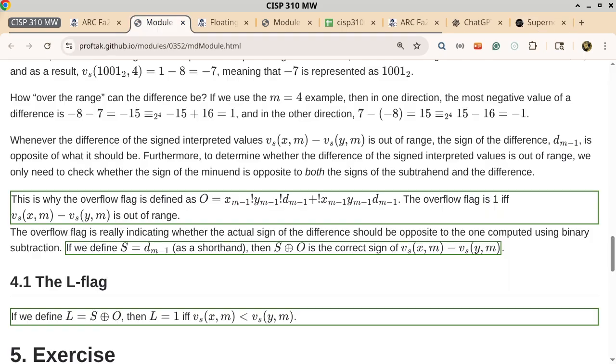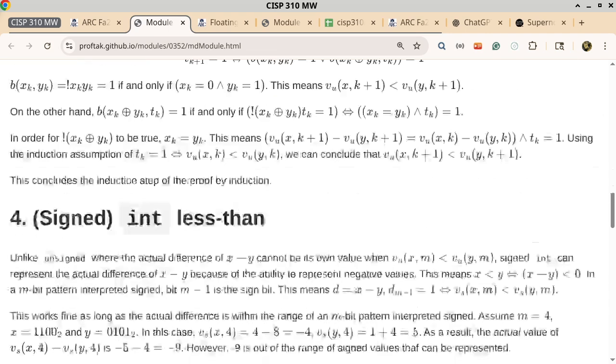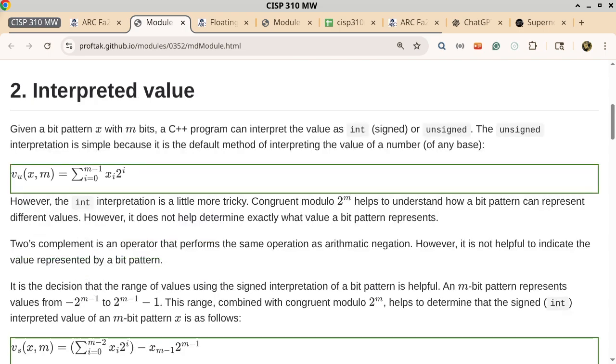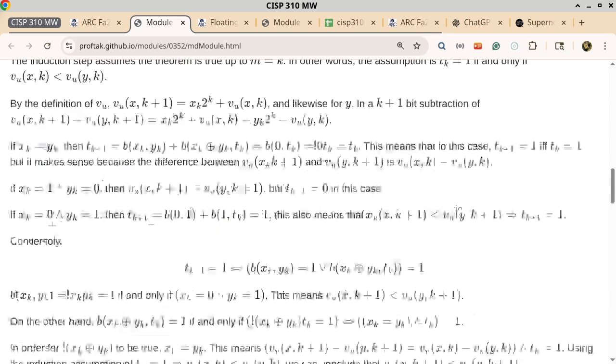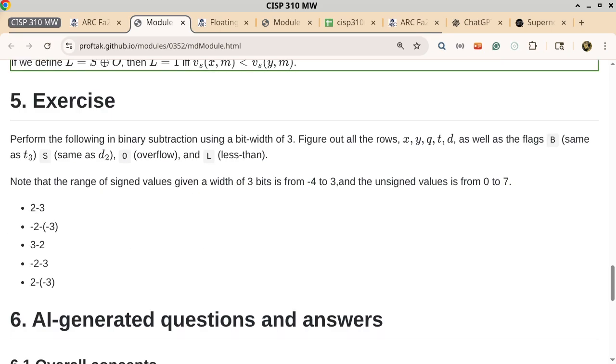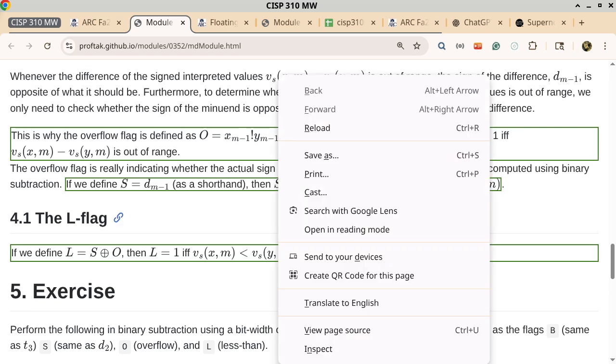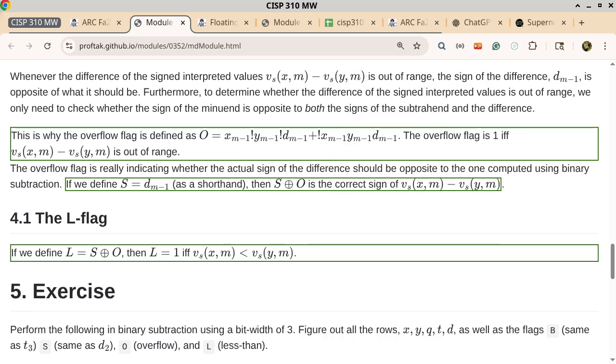Now, this may or may not be of importance to certain people of this class, and I'm not going to argue whether it's important or not. So you go like, well, this means that you could have just not mentioned anything outside of the green boxes, and this entire module would be very short. The answer is yes, absolutely. But if I did that, then you would not have the connections between all the symbols and understand why the overflow flag can be defined this way, or why the L flag